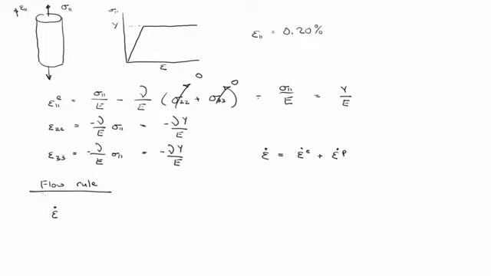So we're going to say that the plastic strain rate tensor is equal to lambda dot, which is some undetermined multiplier, some undetermined function at this point, times partial F partial sigma ij, where F is our yield function. So for von Mises, that's square root of 3 J2 minus Y equals 0. Right? And geometrically,